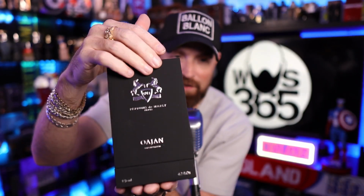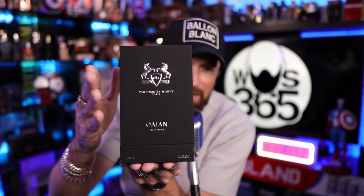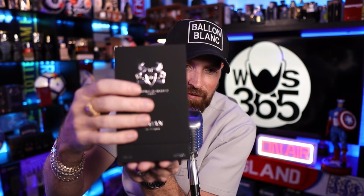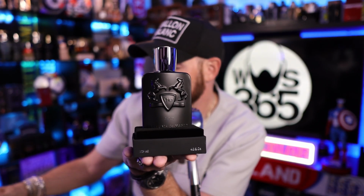You do have a matte finish box. This box is different than the other boxes that I have from the house of Parfums de Marly, but this one here does look pretty nice. It is a matte, kind of fuzzy. I don't know if you can hear that in the mic there, but it's not like furry, but it just has a very matte texture to it. But this one lifts up off the top here, and you do have the bottle there, a matte black bottle,